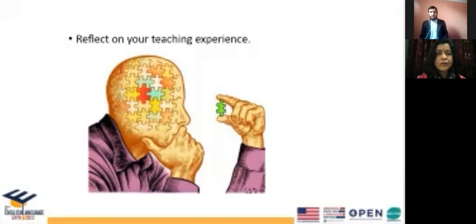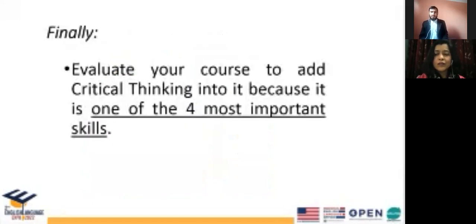And how is it possible? It is possible when we teachers, being their English language teachers, do everything accordingly, when we do the reflection, and when we become a role model for them. Only then will they also do exactly the same thing. They will be working on critical thinking. They will be paying attention to the cultural side, and they will also be trying their level best for cultural competence. Finally, in this manner, we can evaluate our course to aid critical thinking into it,